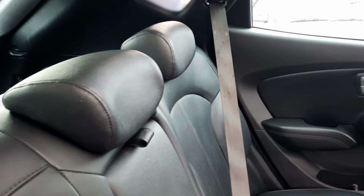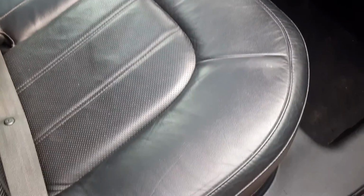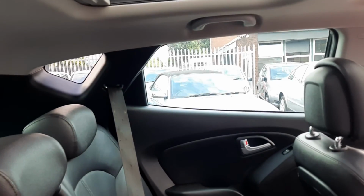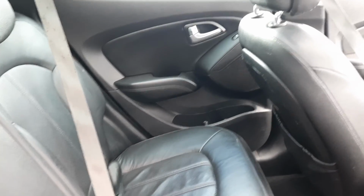Full leather seats, not a stitch nor seam out of place. They are as fresh and new as the day they came out of the factory. They're in great condition, very sensible. They've not been stamped around and messed around. It's just good condition cars. Now, thing I want to point out, my favorite feature of this car